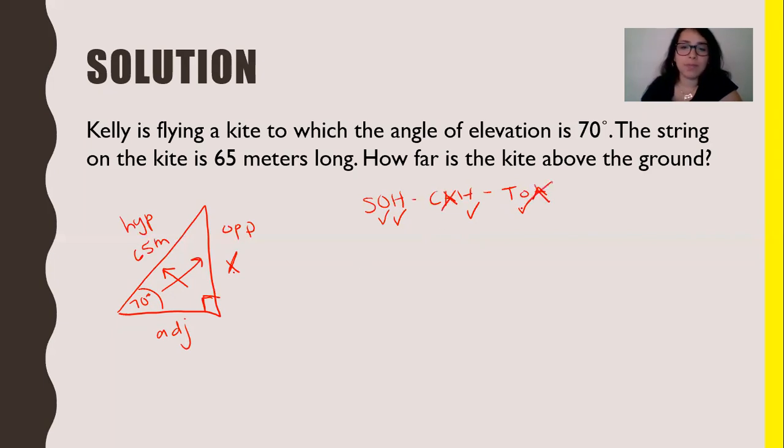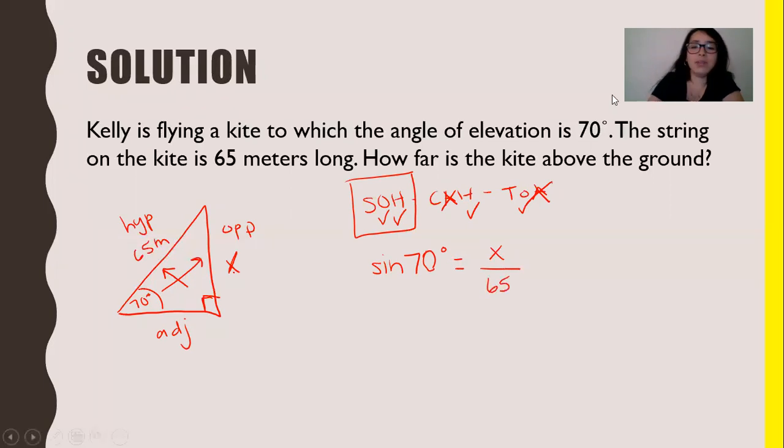So what if I said sine? Yeah, it would be sine. So we would do sine of how many degrees? 70. Opposite over hypotenuse. My opposite is X. My hypotenuse is 65. And then if I type that into my calculator,